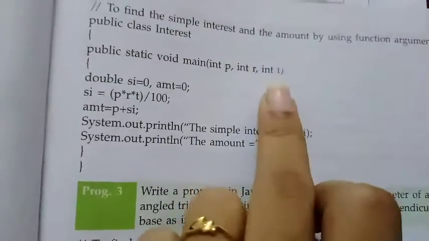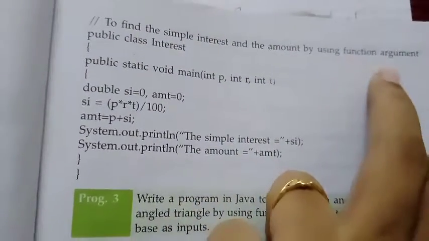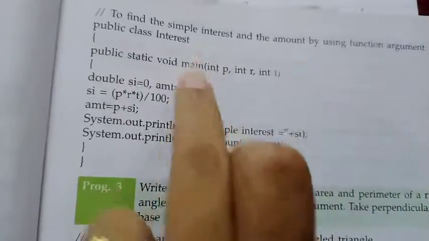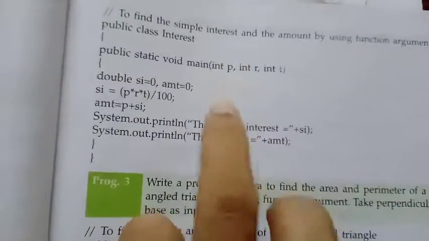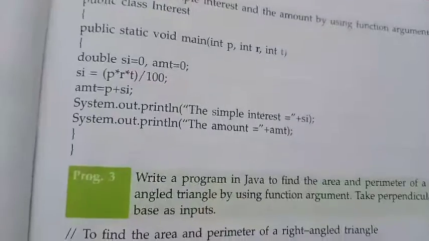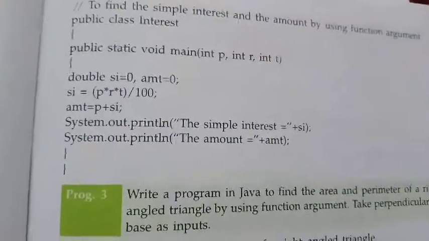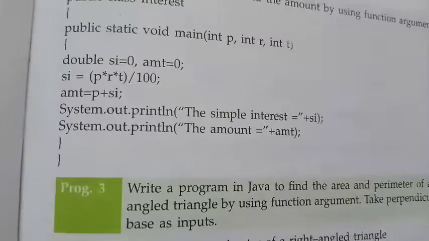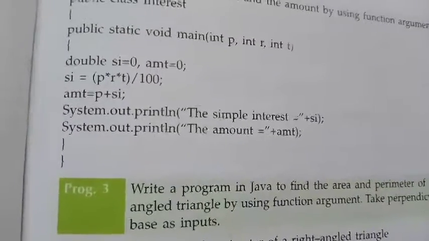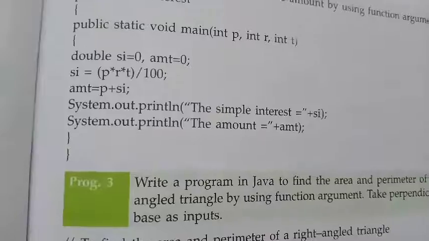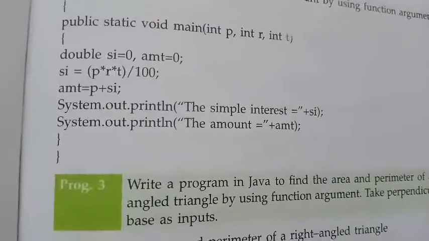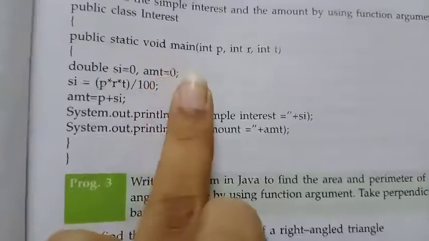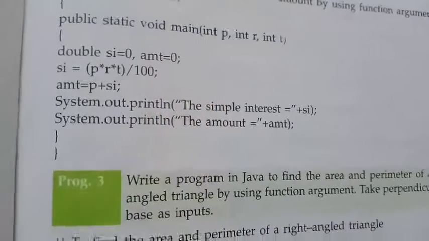And the main thing is, whenever you use the function argument, we are going to get the input through the main function only, and whenever you execute this program you are going to give the input only through the method call. You cannot just do it like how you do it in the scanner class and all. In 8th standard and all, you would have executed through the scanner class, but here you are going to give input only through the method call.